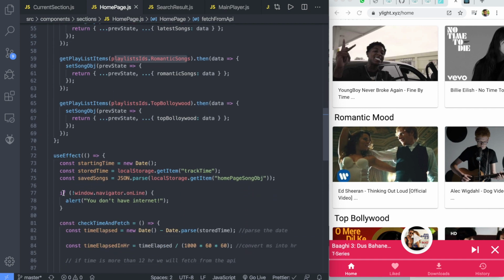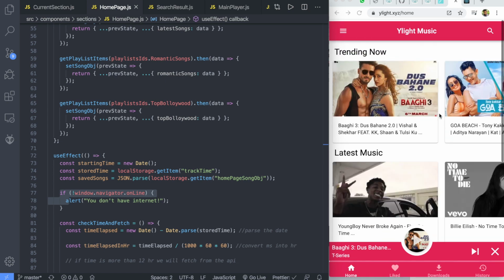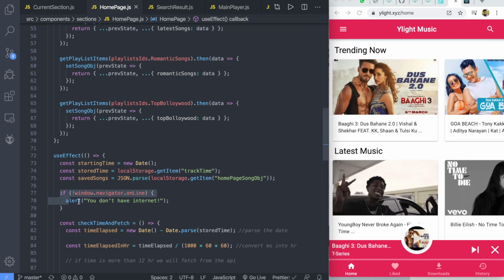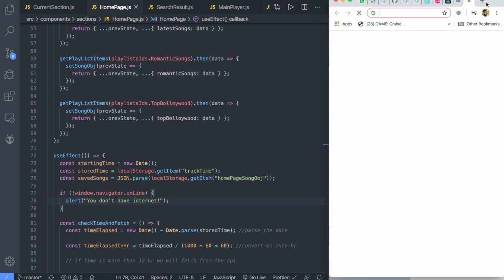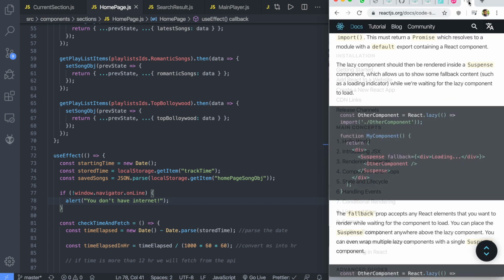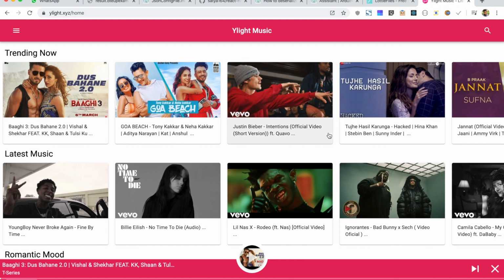And if we disable the internet and we try to get these, we will get a 'you don't have internet' alert. I didn't make it pretty, so let me show you how I did it. Okay,